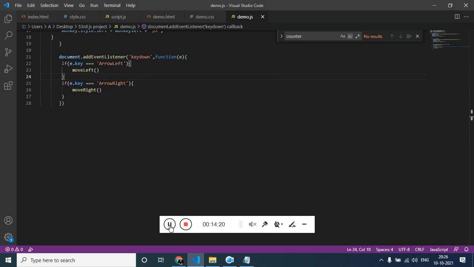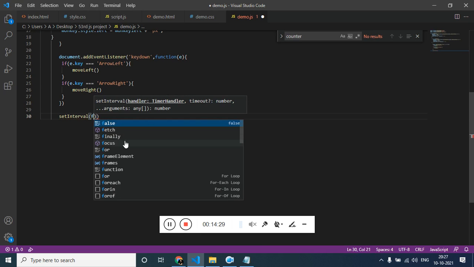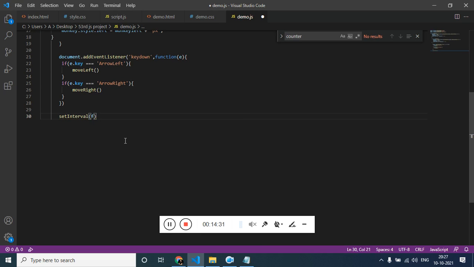For that we have to use setInterval. Let's start using setInterval. Function, and on the second parameter the time, which is 2 seconds. So setInterval.